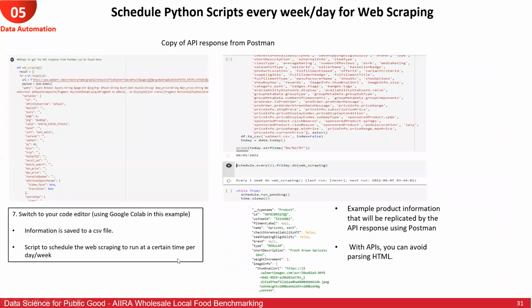Next slide. This is a screenshot of what the request looked like. At the bottom, you'll see the JSON response that the information is in, so you don't actually have to parse HTML, which is really convenient. The only downside is it might not work on a static website, for example Iowa Food Co-op. The code at the bottom is the automation process that we implemented that runs every week, and we save this information for future analysis.